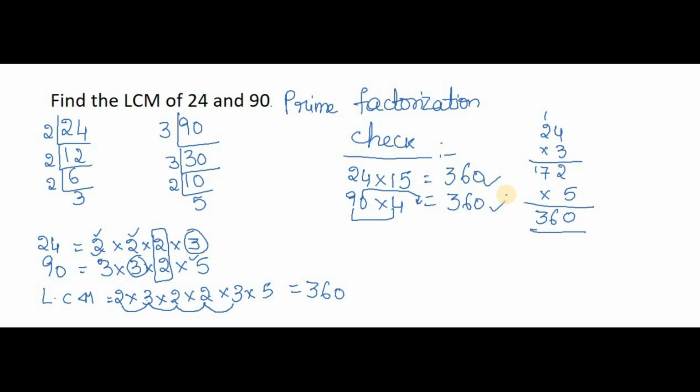You may have heard from the teacher that HCF means highest common factor, but the HCF answers are very small, whereas LCM means least common multiple, but the answers are very big. Actually, we are finding the smallest common multiple. Multiple is nothing but the table, right? In the table of 24 and the table of 90, it is the smallest same number, meaning up to that number there is no common number between 24 and 90. That is the reason we get bigger numbers for LCM, whereas HCF gives smaller numbers.